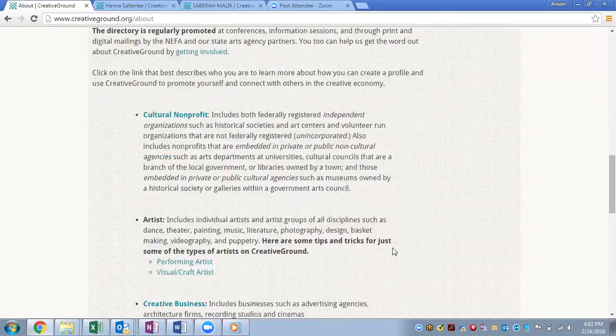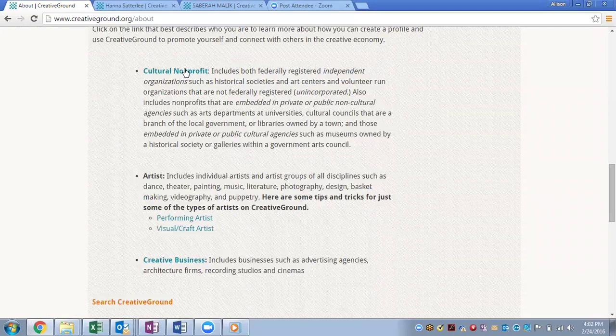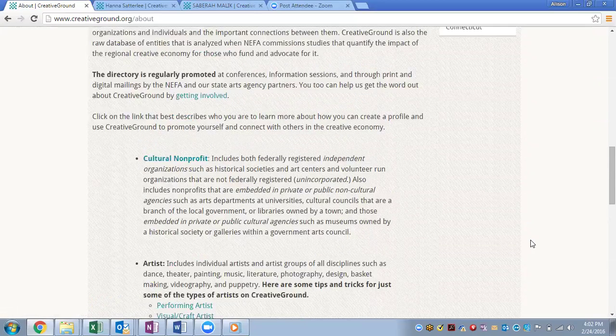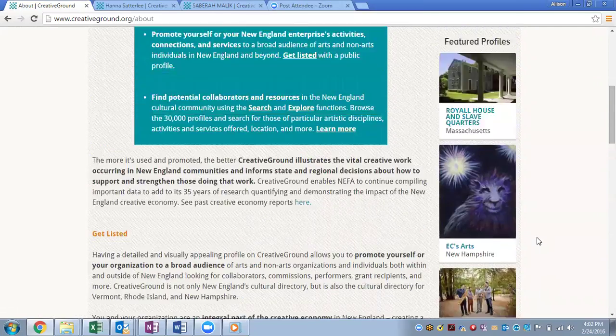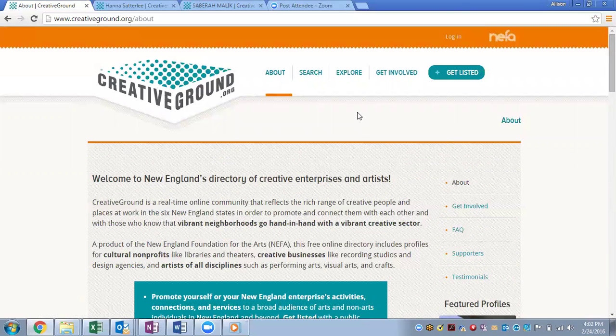And then you can see there's pages that are specific to cultural nonprofits, performing artists, visual artists, and creative businesses. So clicking on any of these links will lead to a page with tips and tricks for those cohorts and just the ways to make the best of CreativeGround. Then the resources page